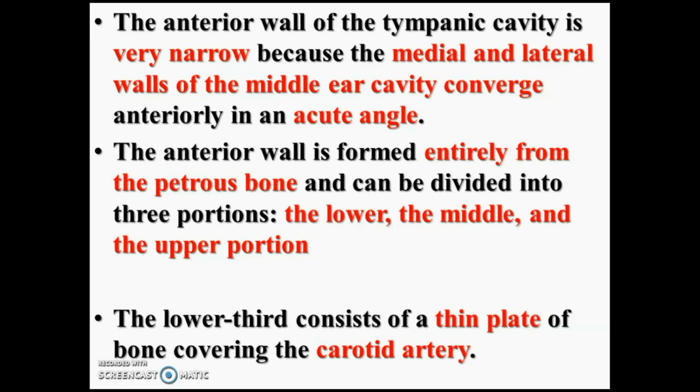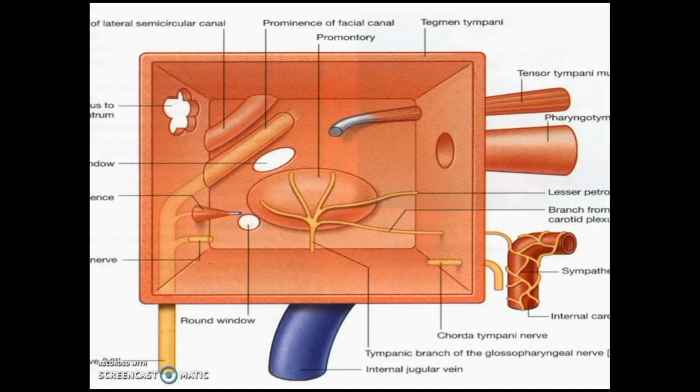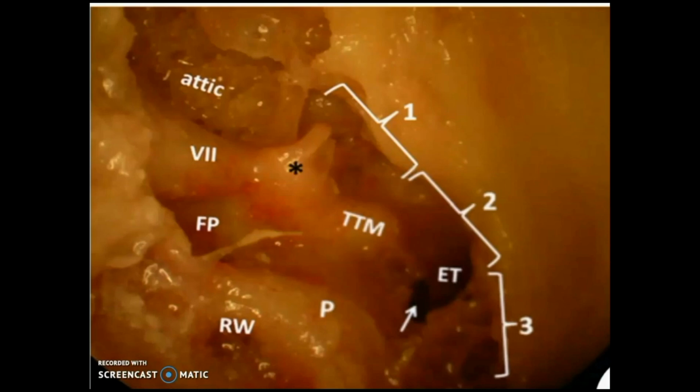Anterior wall is completely formed by petrous bone and can be divided into three portions: lower 1/3, middle 1/3 and upper 1/3. In the lower 1/3 you will see the vertical part of the internal carotid artery. Then it takes a bend there. You can see in the lower 1/3 the internal carotid artery surrounded by the sympathetic plexus. From this sympathetic plexus you will get two nerves, superior and inferior caroticotympanic nerves. You can see this is the anterior wall of the right middle ear seen from the lateral side. You can see 1, 2, 3, upper 1/3, middle 1/3 and lower 1/3.